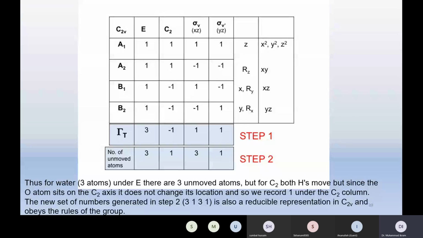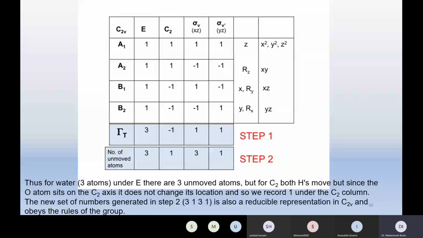Sigma V xz जब आप परफॉर्म करते हैं so this is number of unmoved atoms which is in the plane of the molecule. The number of unmoved atoms is equal to 3. All the 3 atoms are unmoved. Sigma V dash जब हम करते हैं तो number of unmoved atoms is equal to 1. Only oxygen remains, where the 2 hydrogens exchange positions. So translational gamma t and number of unmoved atoms, दो rows आपके पास आ गए which are marked as step 1 and step 2. Thus for water 3 atoms under E there are 3 unmoved atoms, but for C2 both